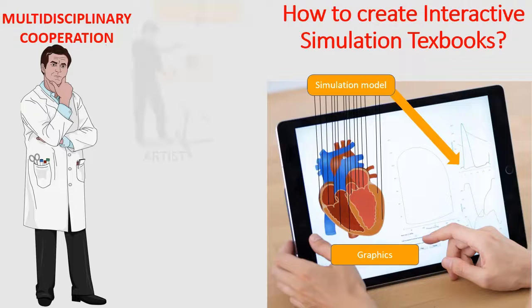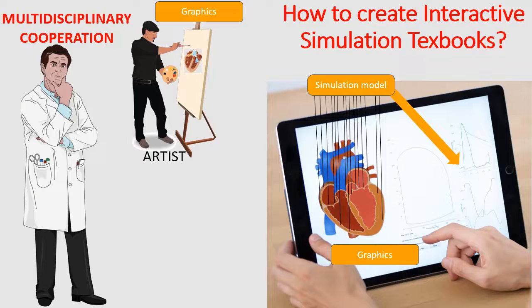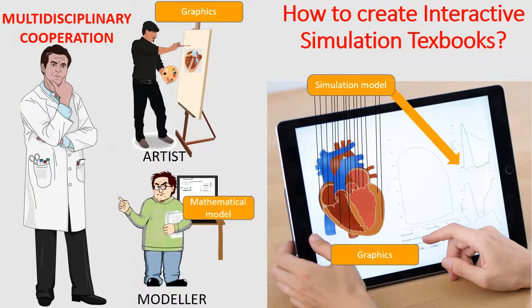The artist creates interactive pictures, and the modeler creates the simulation model behind the background simulation games. Simulation models can also control animated images; animated graphics, figuratively speaking, hang on the threads of simulation models like puppets in a puppet theater.